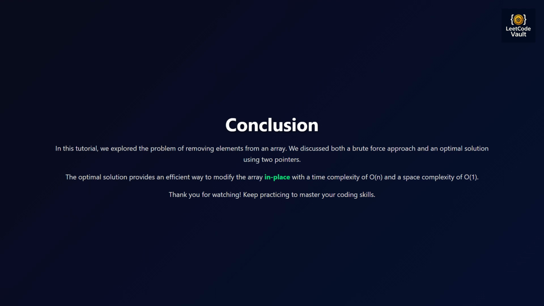Conclusion. We've successfully solved the remove element problem on LeetCode, focusing on an optimal approach that meets the in-place modification requirement. We learned about the